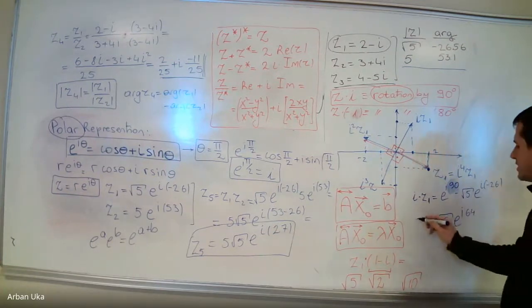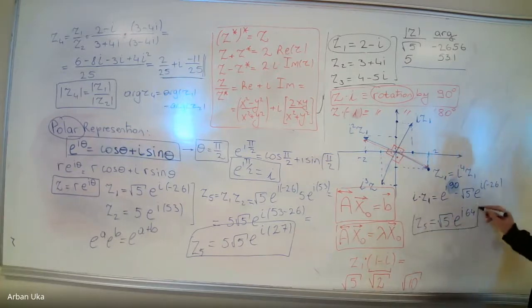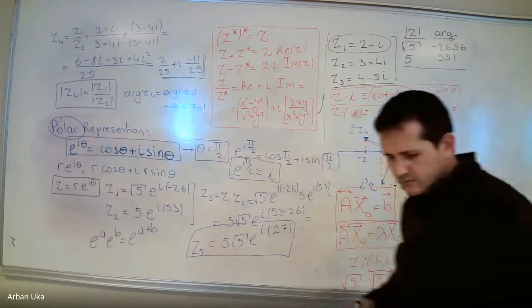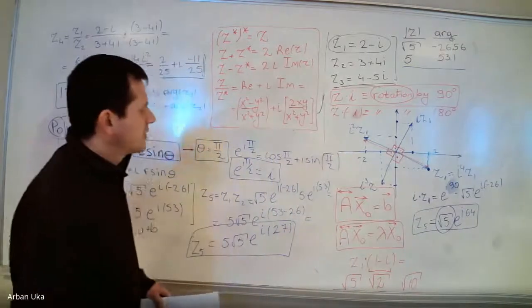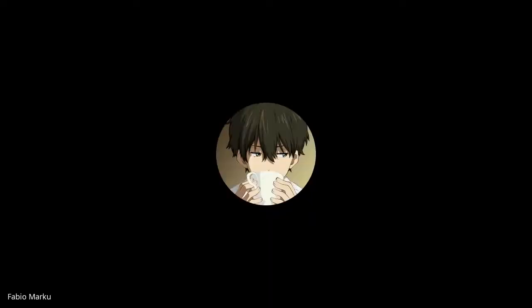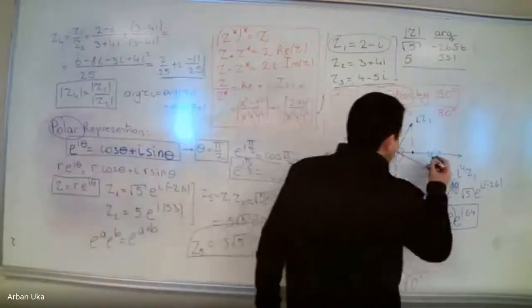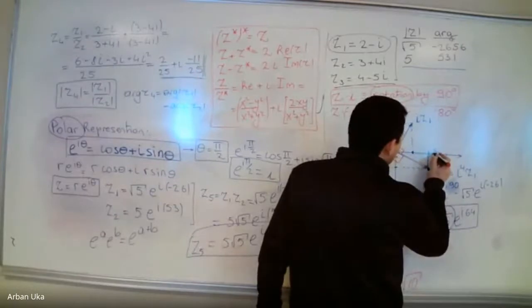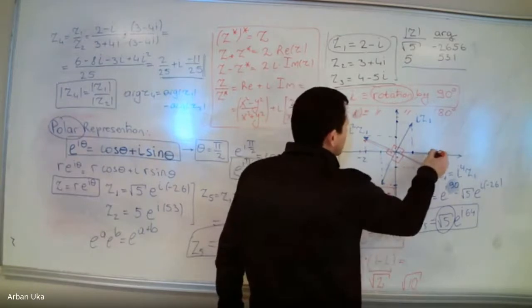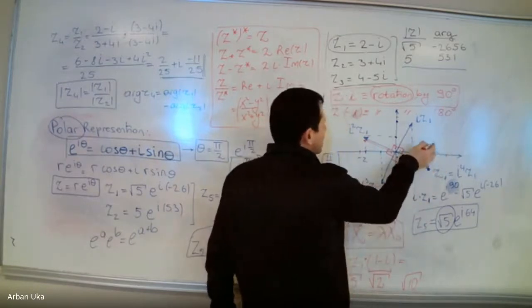Okay? So we get a number Z5, and how can we find the Z5 in this graph? First of all, we need to draw a circle which has a radius of square root of 5. What is square root of 5 approximately? It's 2.23. Okay. So this is 2.23, it's almost here, so it's almost here, here, and here. So it looks like we can draw